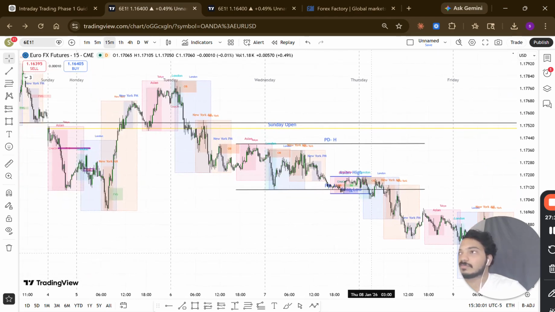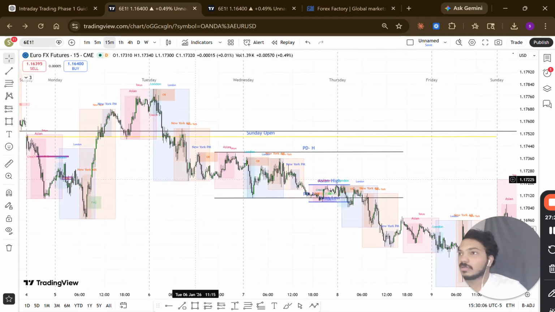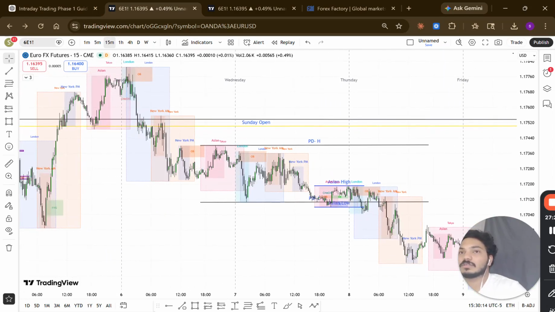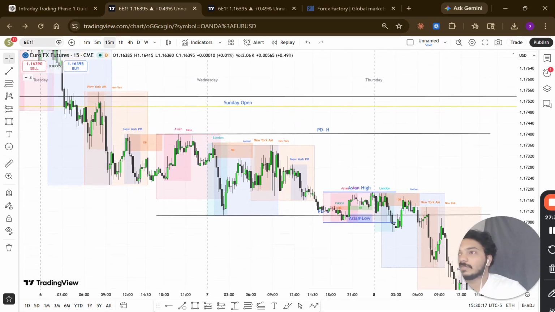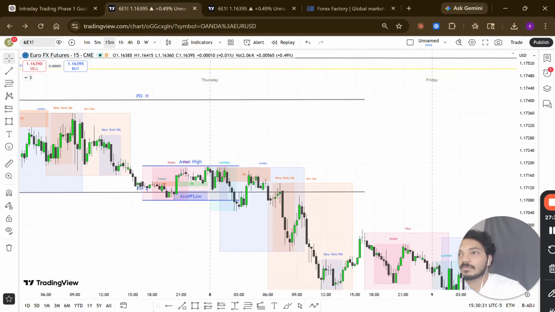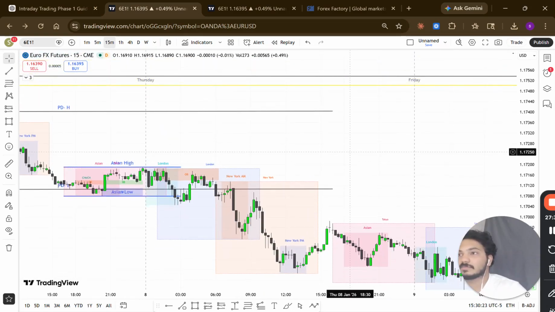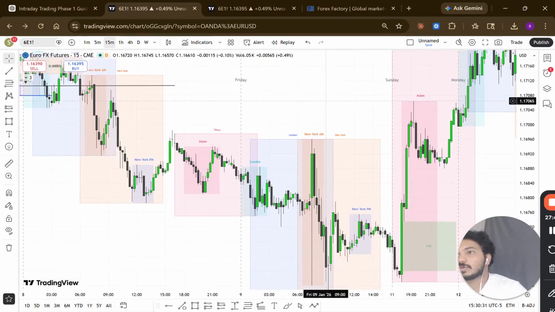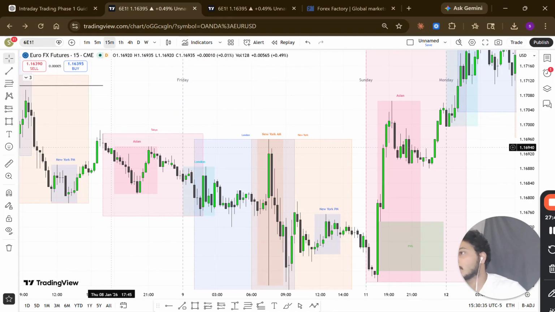That's what institutions do: accumulate, manipulate, and distribute. You can find this fractal nature in daily, weekly, and monthly charts as well. And Friday pretty much opened high and made a low, consolidated, and